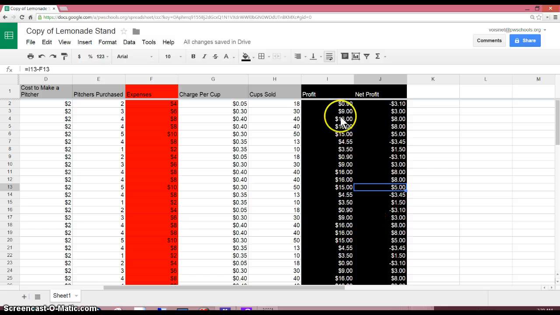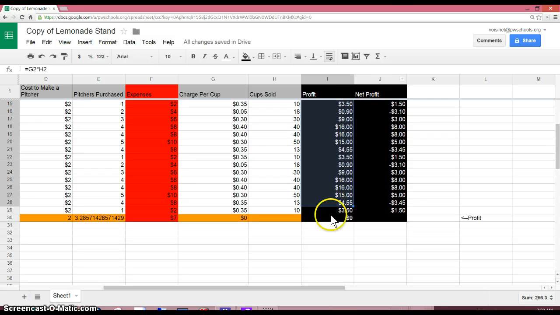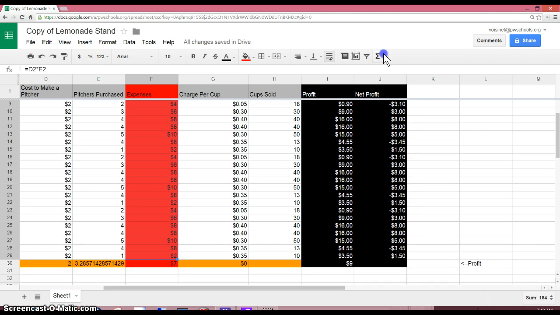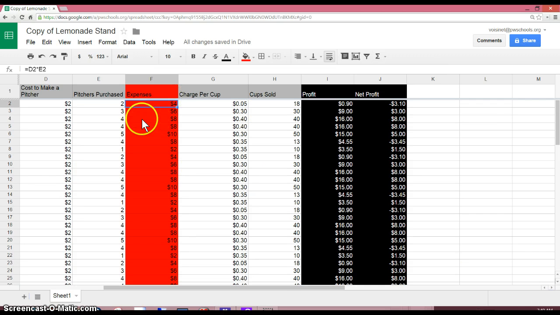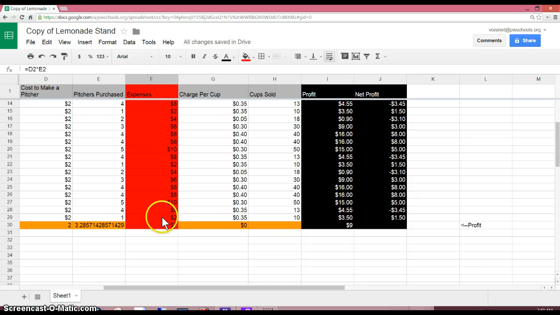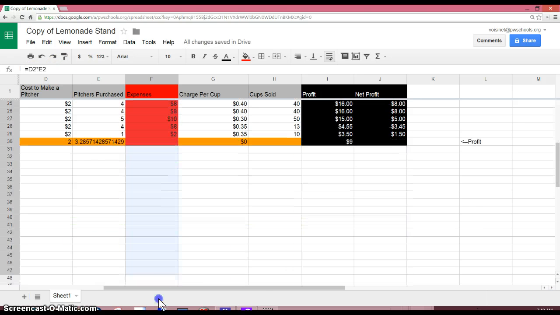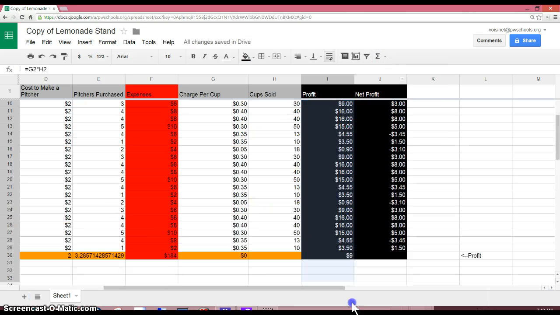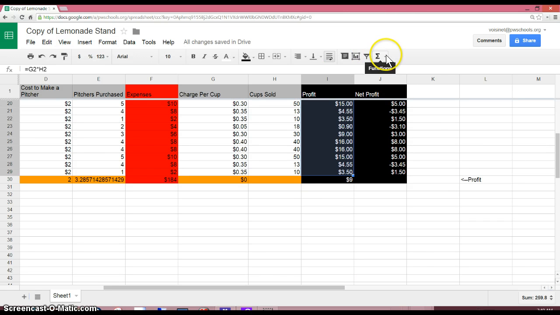Alright, last but not least, we are going to actually add our expenses and profits, not average. We want to add these up. So for expenses, to add them up, we want to add up between F2 and F29. So instead of average, we want to change this to sum. We can actually go ahead and just highlight them all. So we can highlight, and we can sum, and we'll add them up. So the same thing for profit. We want to do highlight and sum,